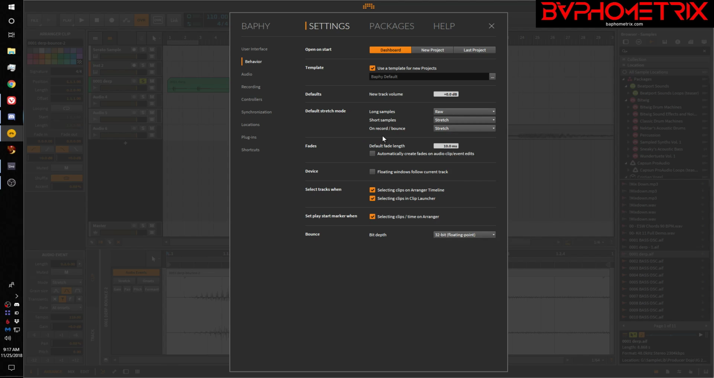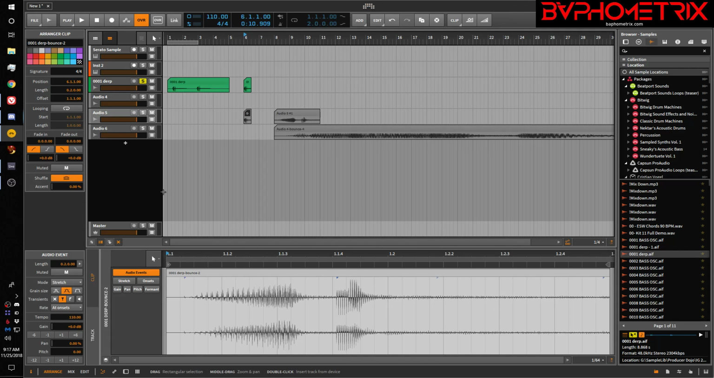Now, that may seem scary. It's like, but I don't want to warp my clips every time I bounce. I don't want them warped. You think, well, if I see stretch here, that's warped, right? But stretch is a very special kind of warping mode. By default,